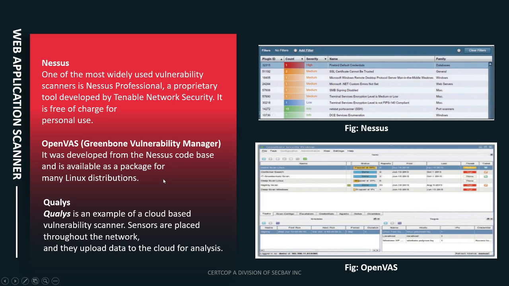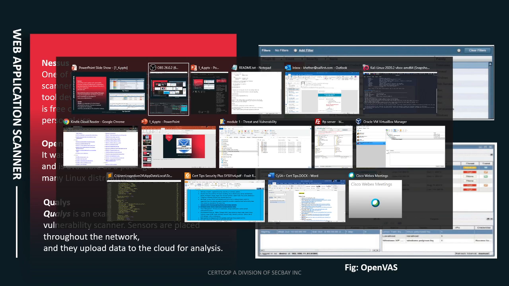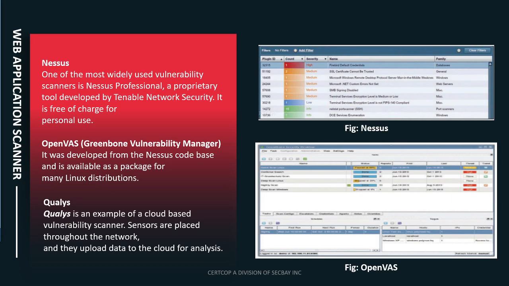Now let's look at some of the different vulnerability scanners. The four you're required to know for the exam: you have Nessus, which is made by Tenable. The Nessus Professional is proprietary. It is free of charge for personal use up to 16 IP addresses. So if you go over to the Tenable website, tenable.com,